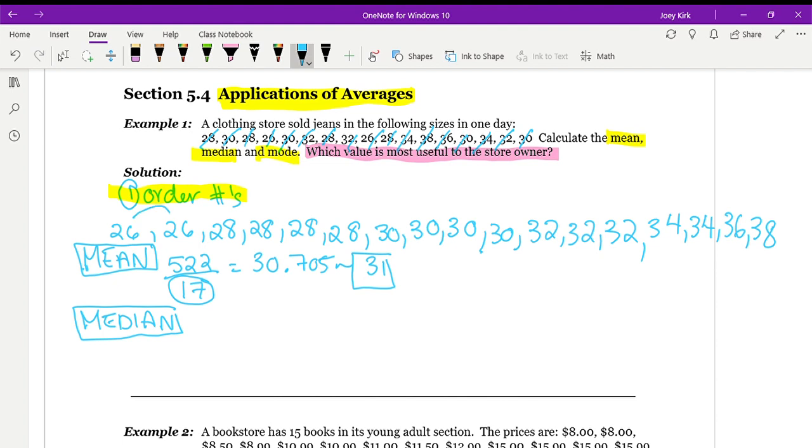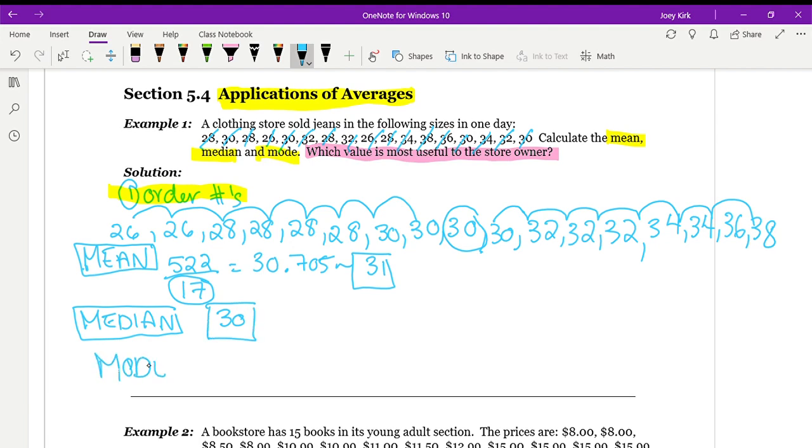So 1, 2, 3, 4, 5, 6, 7, 8, and then 30 is going to be our median, because there's also, and you can check, 1, 2, 3, 4, 5, 6, 7, 8. Sorry, my pen's a little off here. So our median is going to be 30, and our mode is going to be, we actually have two modes